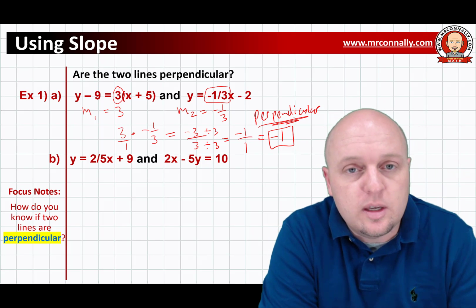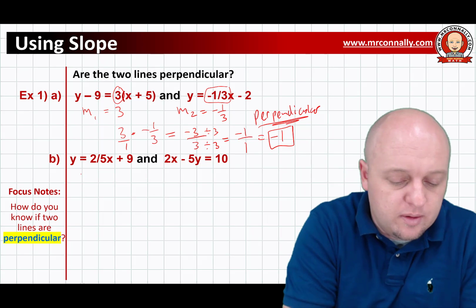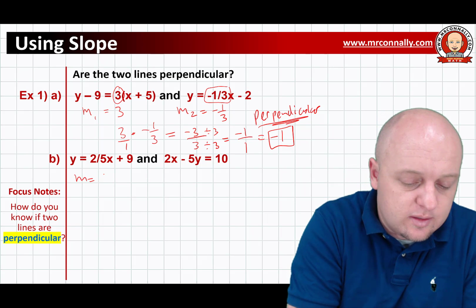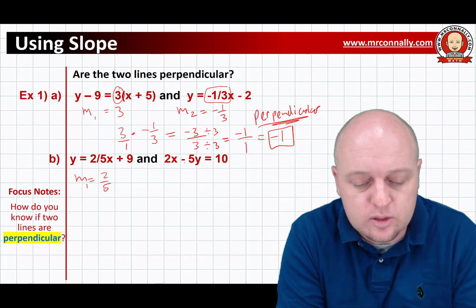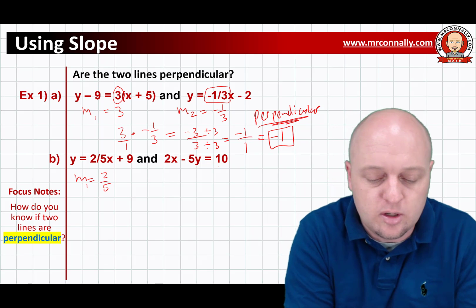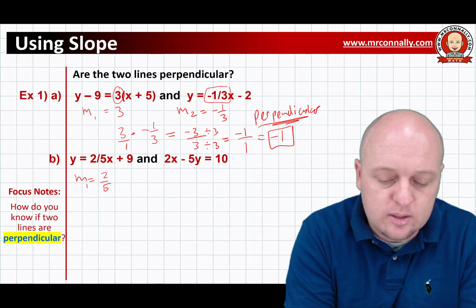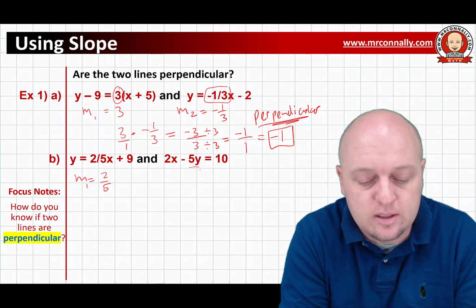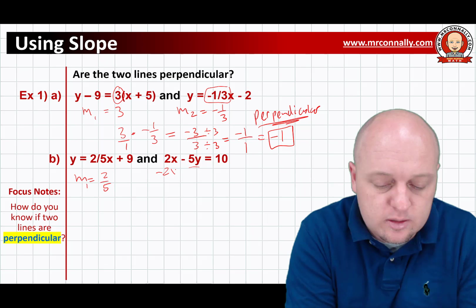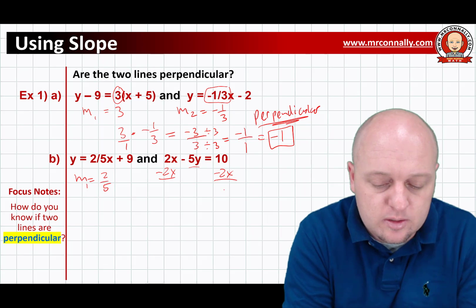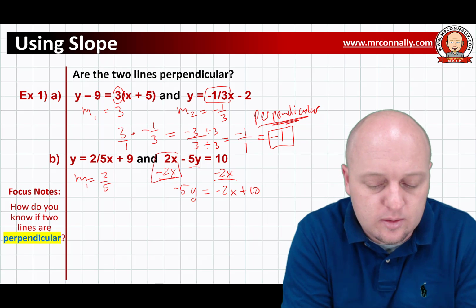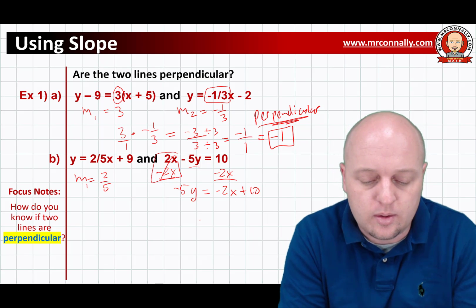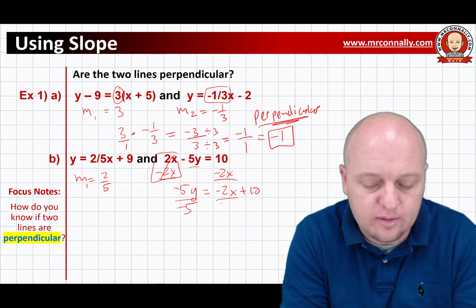Okay, so let's look at B now. We know the slope of this line is going to be 2/5. So that's slope 1. And then 2x minus 5y equals 10. Again, we don't know the slope because it's in standard form, but we can solve for y to find the slope in slope-intercept form. So let's subtract 2x from both sides. 10 minus 2x is just -2x plus 10, and minus 5y. This cancels to 0. Okay, now I just divide everything by -5,